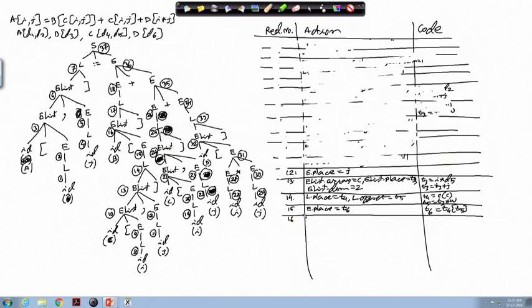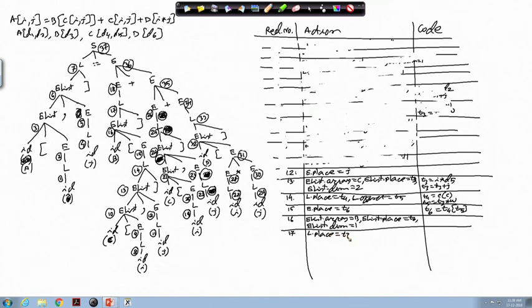Then at reduction 16, it will have the action that elist.array equal to B, and then elist.place equal to T6 and elist.dimension equal to 1. Okay.